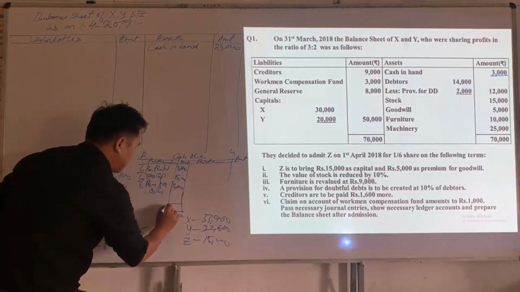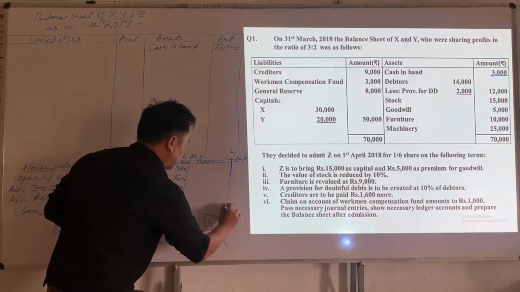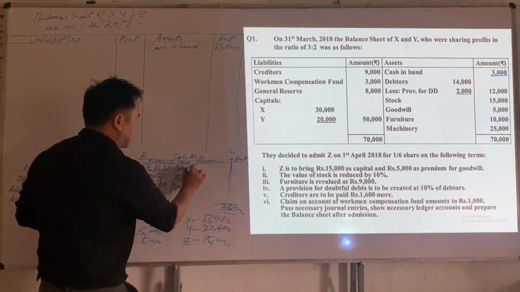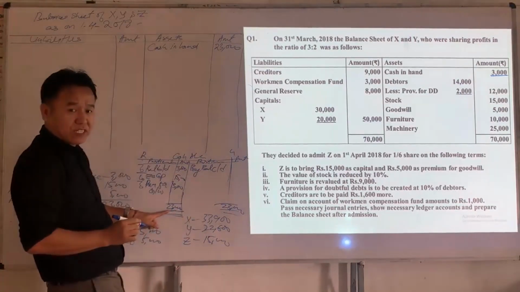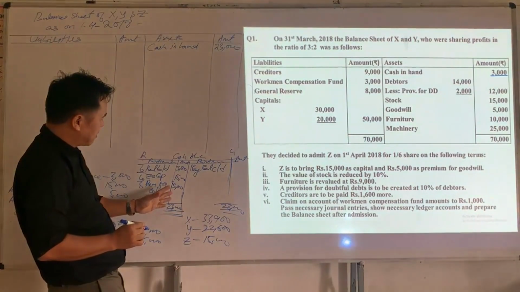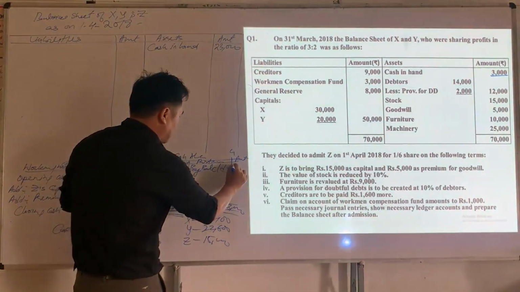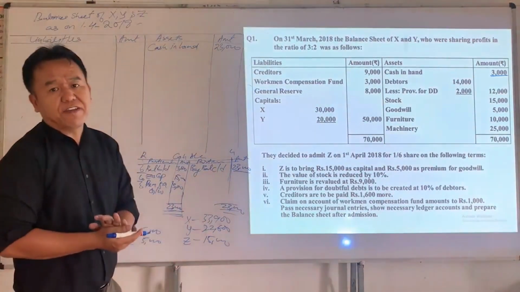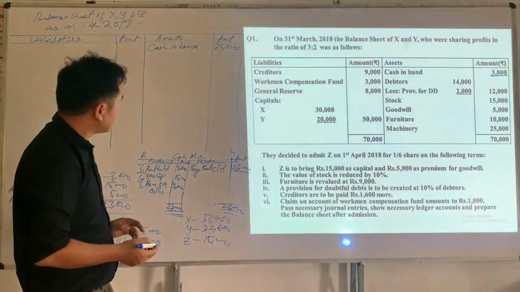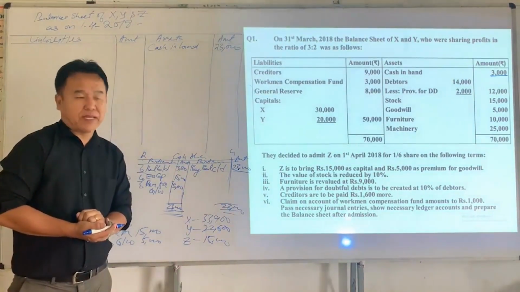So we have to write the total of the debit side. What is the total? 23,000. The difference should be written on the shorter side of the account. So here, by balance carried down. What will be the difference amount between the debit side and the credit side of the cash account? The difference is 23,000. So this is nothing but the closing cash balance of the firm. Okay. So either we can do it like this or that.